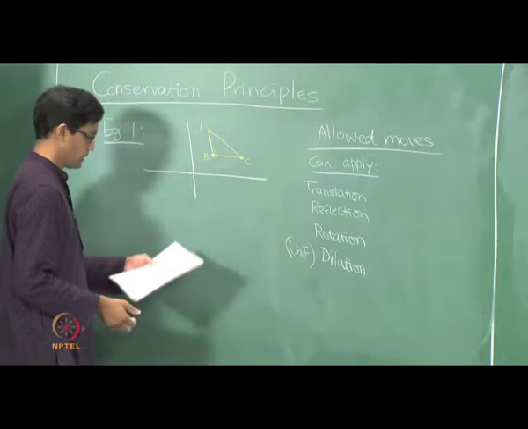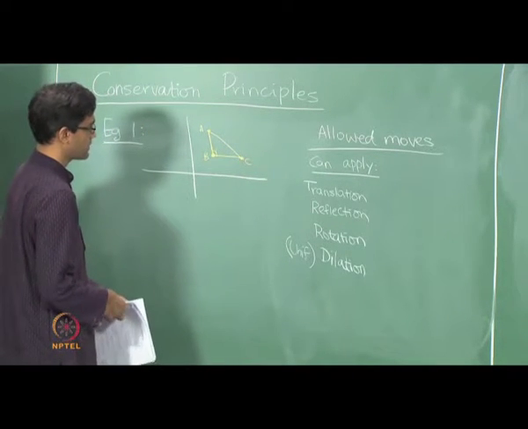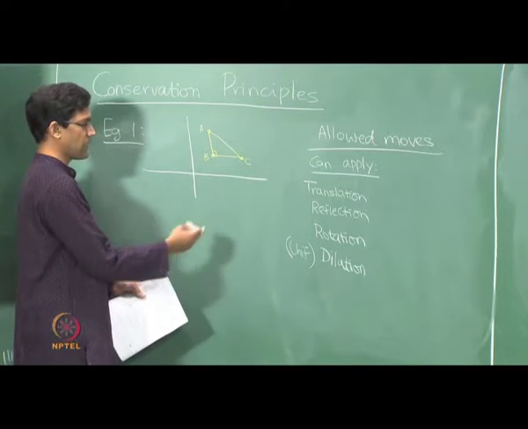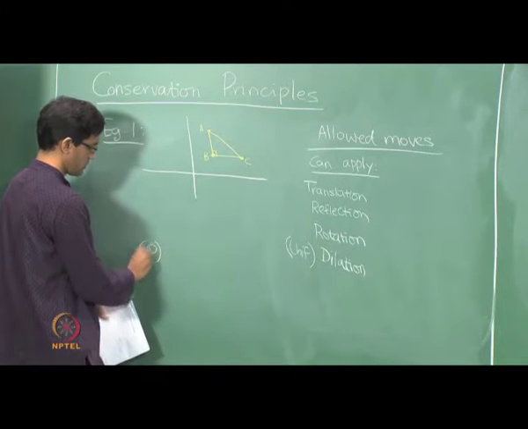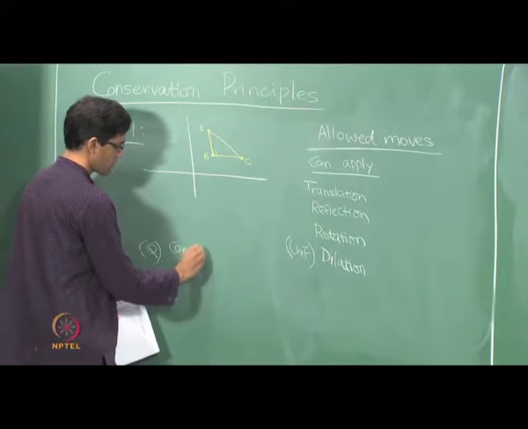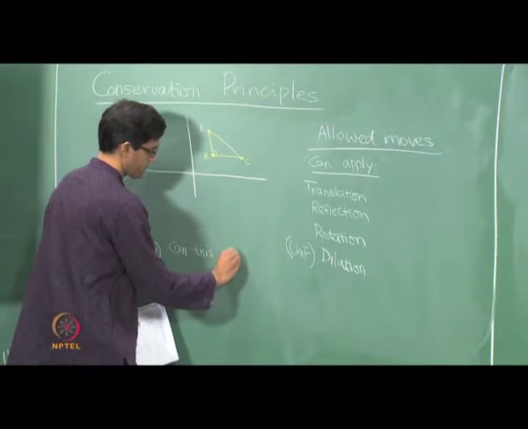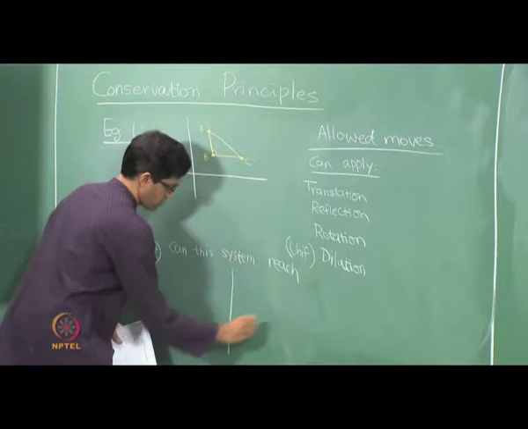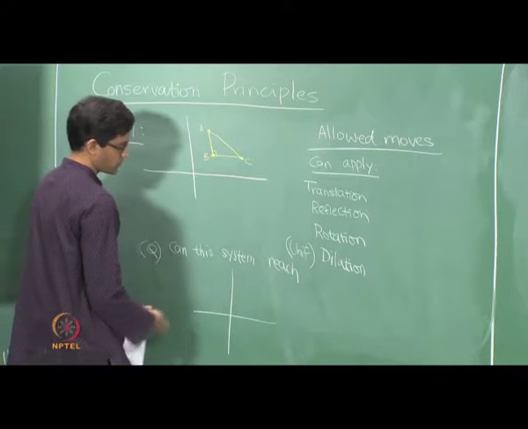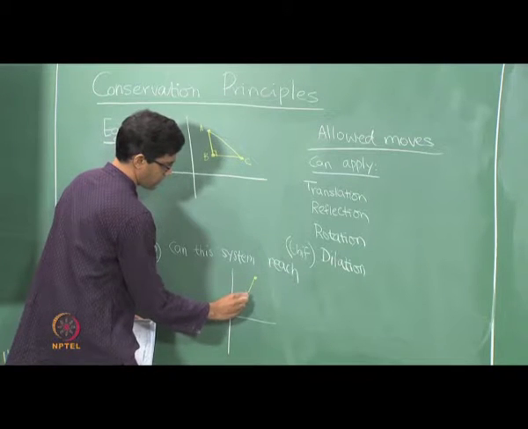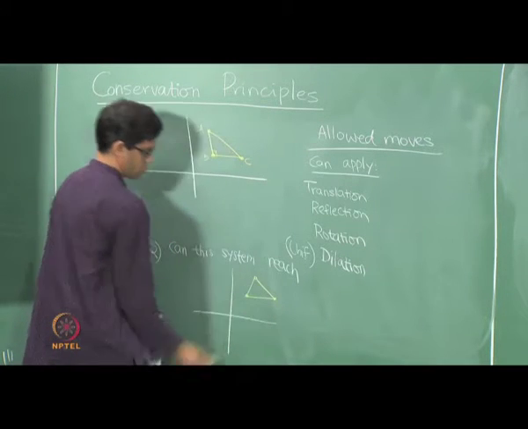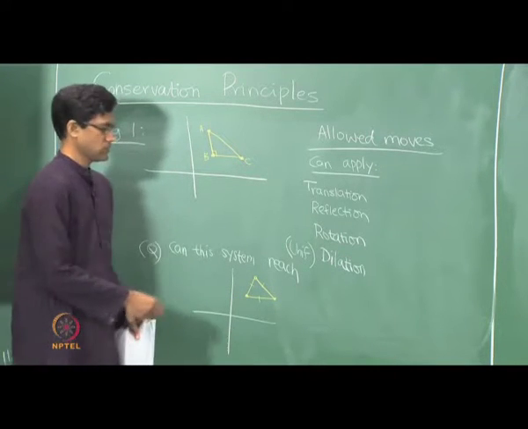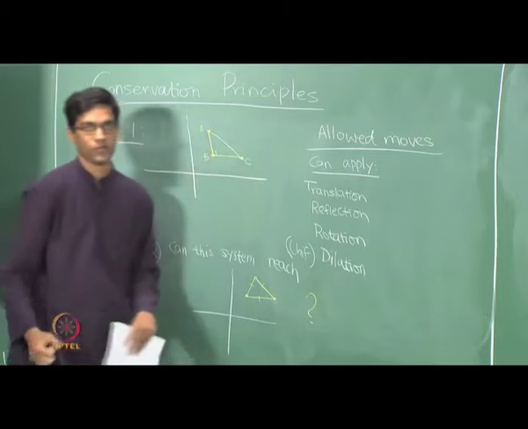That is the idea. Now here is the question, is it possible that at some point of time t you land up with an equilateral triangle? So the question is, can this system reach the following configuration, one in which the 3 points lie on the vertices of an equilateral triangle? Okay, so imagine this is an equilateral triangle. So that is the question, can it somehow reach this configuration?